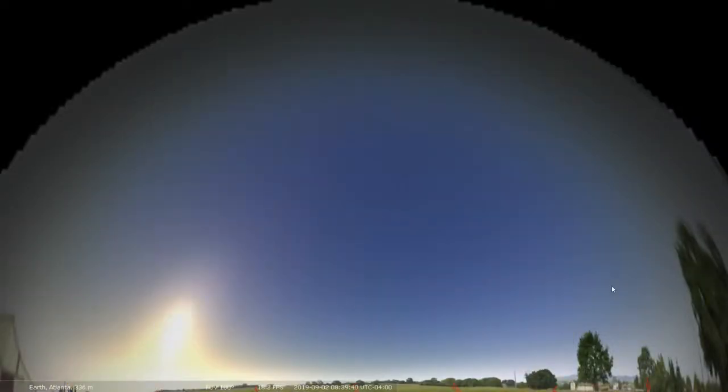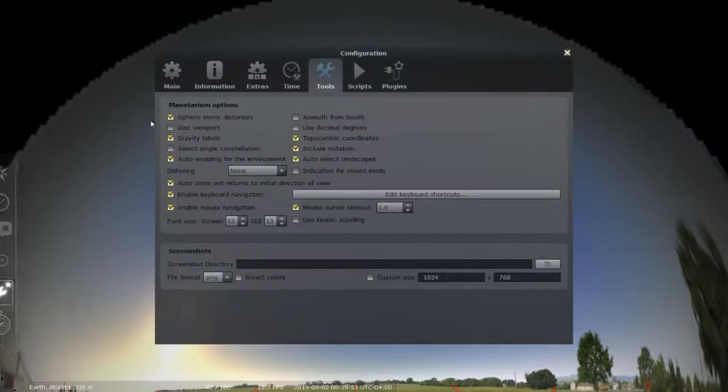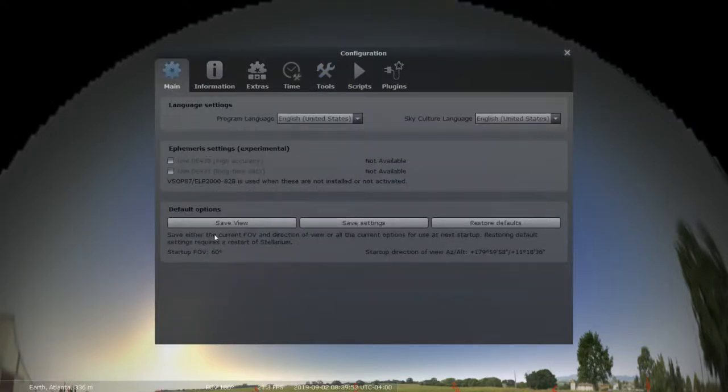This is my favorite view to start out with in any planetarium show using a spheric mirror projector. It just looks real nice in the dome. So in that configuration window on the main tab, I'm going to click Save View. That way, every single time I open up Stellarium, it's going to bring me up on this view. All right. So those are all the settings that I like to use when using Stellarium in an actual dome planetarium using a